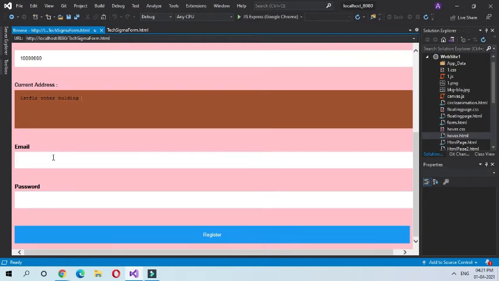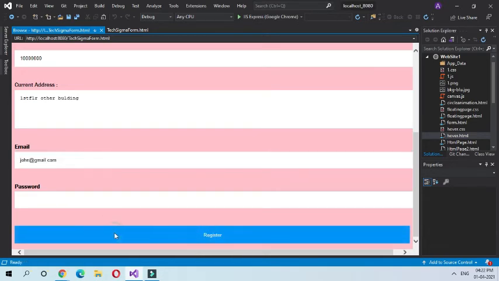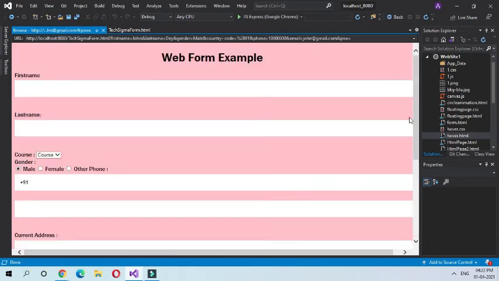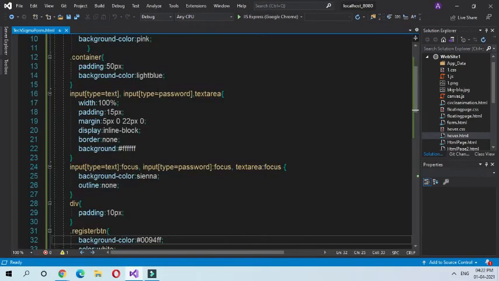Email john@gmail.com. I'm not giving a password here, I'm just putting register. As you can see, all the data are saved or sent to the server.